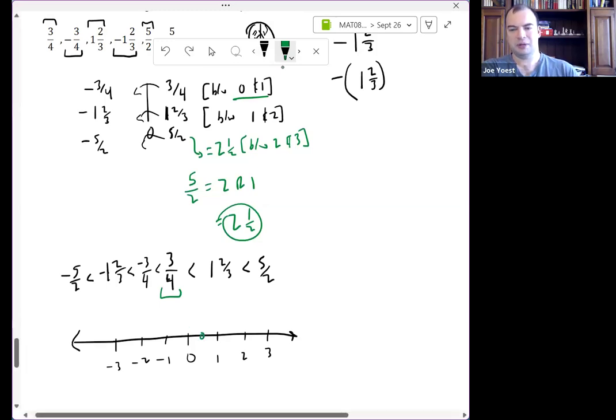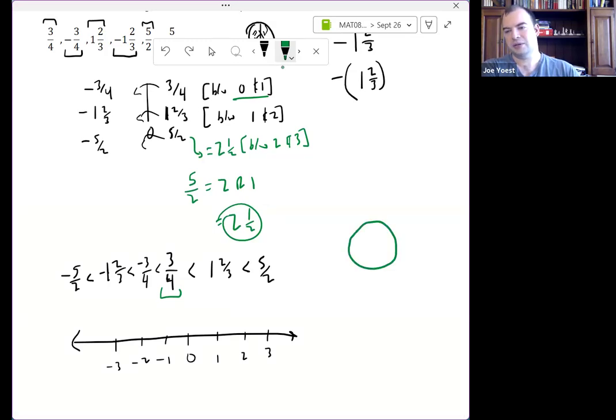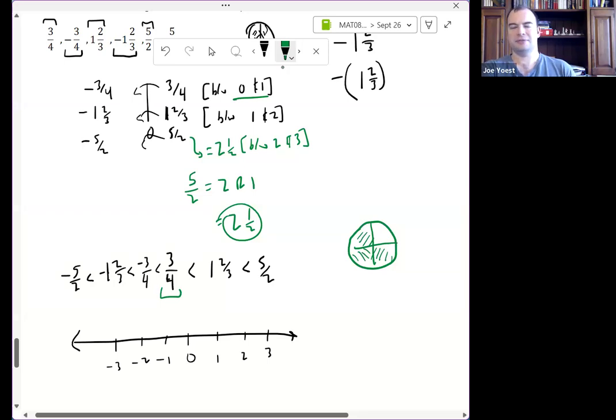I could just put it maybe in the middle of the interval, but I probably could do a little better than that, right? I'm never going to be super accurate when graphing on a number line like this, but I do know that 3/4, there's 1, there's 2, there's 3, and it looks like I have more than a half, right? It looks like it's going to be closer to 1 than it is to 0. So maybe I'll put it a little bit closer to 1 than to 0. So this is 3/4. And even being careful, it's still trying to make my 4 into a 9.